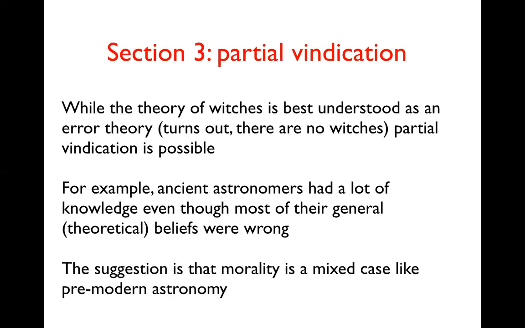So, for example, in the case of witches, it's best understood as an error theory. We had this whole systematic theory of, the devil is affecting these people and not these people, and these people have magical powers and these people don't, and they're tracking the weather or who knows what is going on. But as we know more, we realize, turns out there are no witches. So we should have an error theory of witches. People really were trying to say this person is a witch. They were ascribing a particular property, but they were just always wrong.